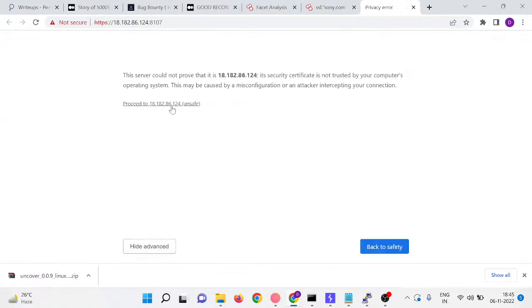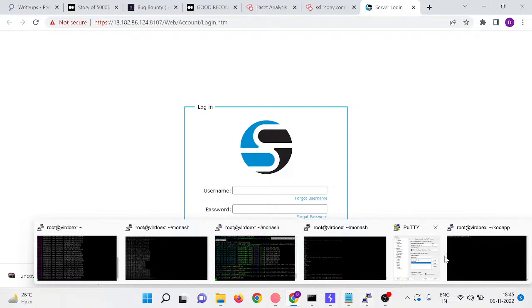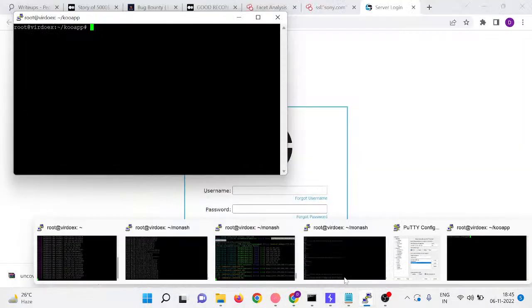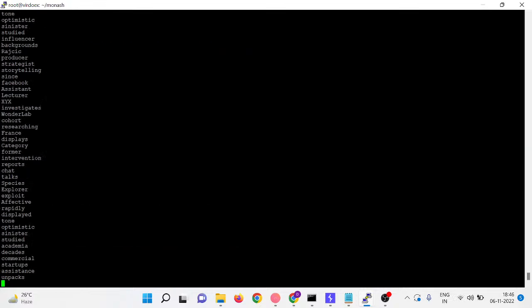So it's a Sony based program. What I will do is generate a custom list using CeWL for it. And you can see administration and many more. It will generate a quite huge wordlist, and it's quite interesting to brute force the admin panels and find